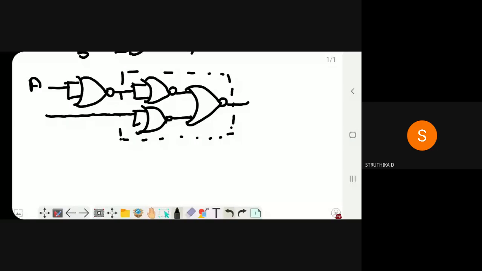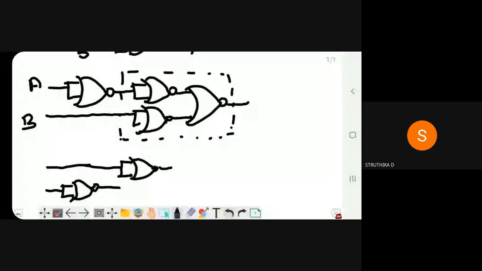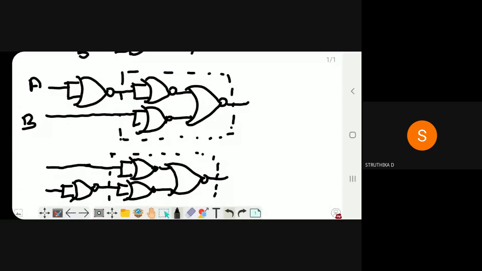So before giving the input, I want to complement it. So I'm using a gate. I have explained this clearly in your previous class. I just replaced it. That's it. Okay. This is the input B. Again, A, B bar. So for B bar, I'm going to complement the input first, and then I want to complement each input in the place of the AND gate. Okay, so I have finished the first level. So this is also a NOR gate implementation of an AND gate.